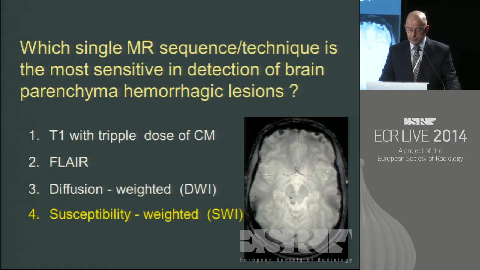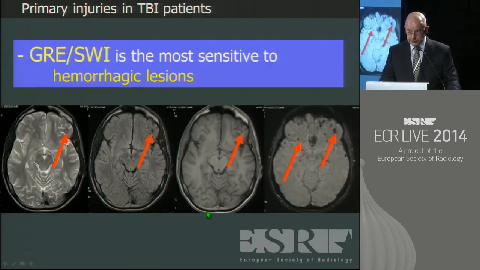The single MRI sequence most sensitive in detection of brain hemorrhagic lesions is susceptibility weighted imaging. It was already told during the first lecture. And this is the example. Look, this is the patient after the trauma. On T2, you have only one lesion here on this level of scanning. On the FLAIR, you have one. On the T1, you can hardly notice anything. And look how many lesions are in the